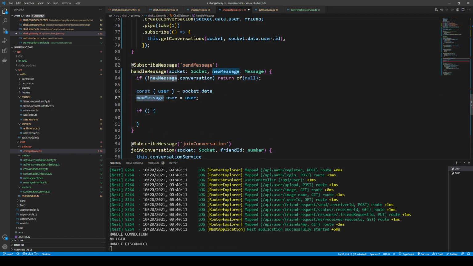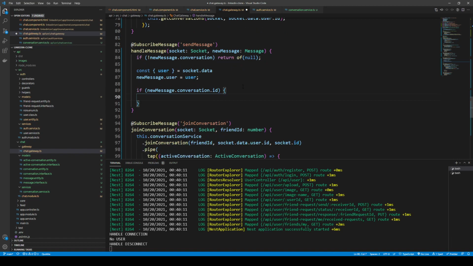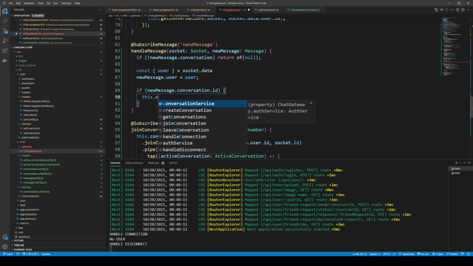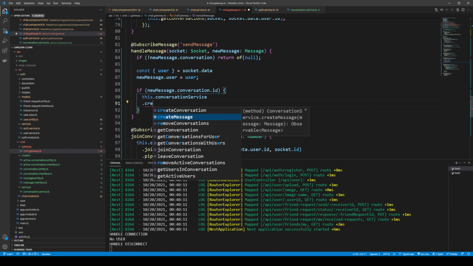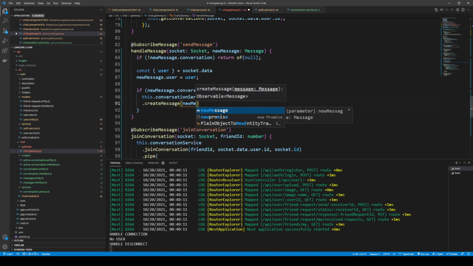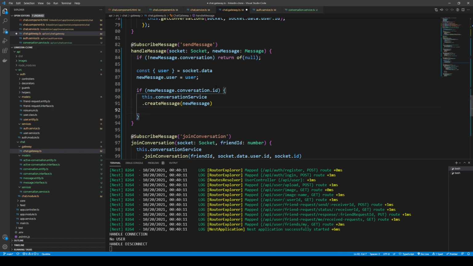So if the new message has a conversation and has an ID, and this should just happen because we've got this check here along with the front end check, but just to be extra safe here, if the conversation service, we create a message, we have a new message here, we can just go ahead and pipe into that new message that we're trying to create, and we can just take one here,